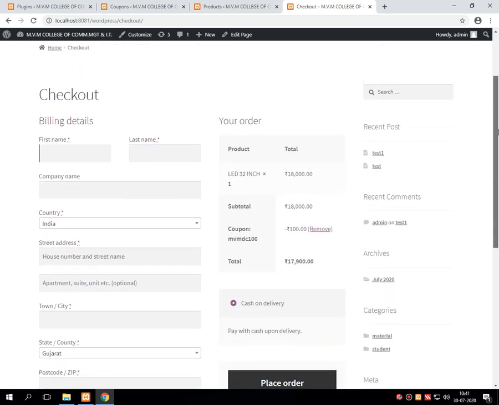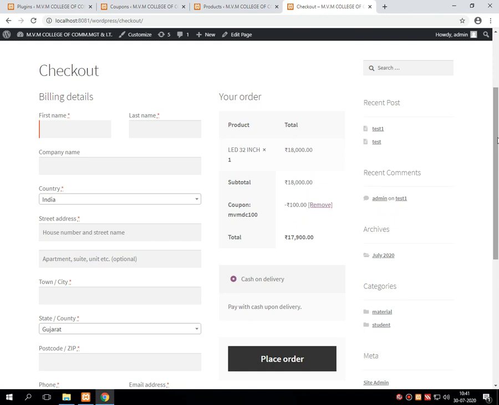In my checkout page, it asks for the billing details. That means it will give the order summary as well as ask for the buyer's personal details, where that particular product is going to be delivered. So over here you can see the name of the product, the quantity that the buyer wishes to purchase, the amount